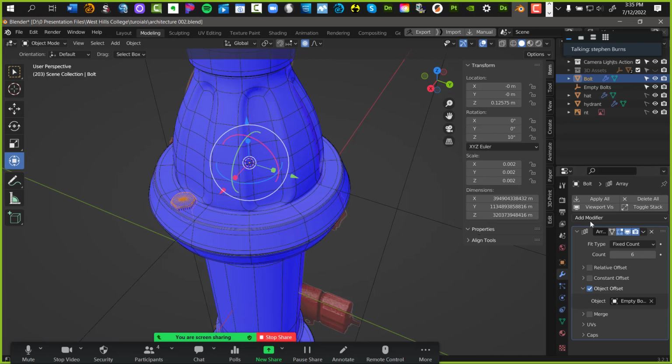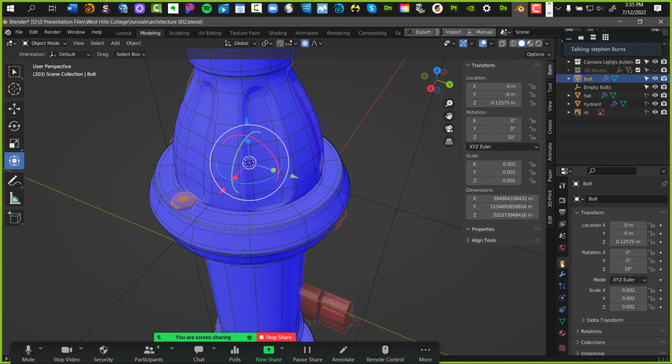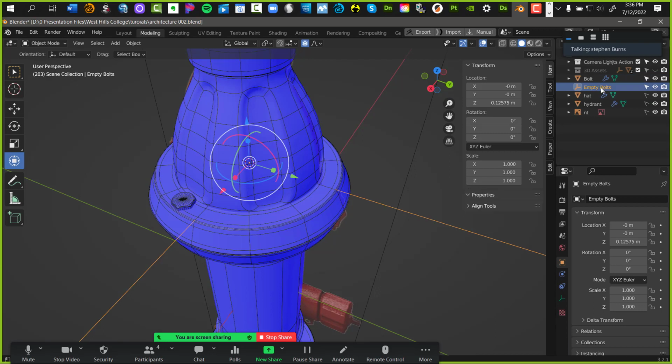And if I click it, something's happened. Now, you see this little gear. If I go up just one icon above it, I have the location, the rotation, and the scale of any object in my scene. I want to select the empty bolts.